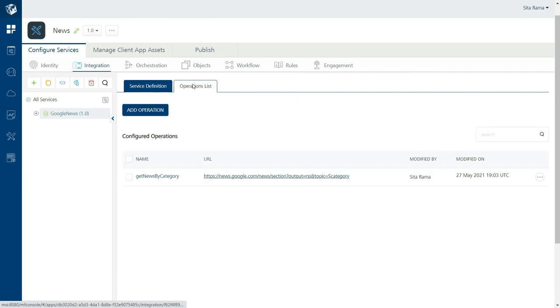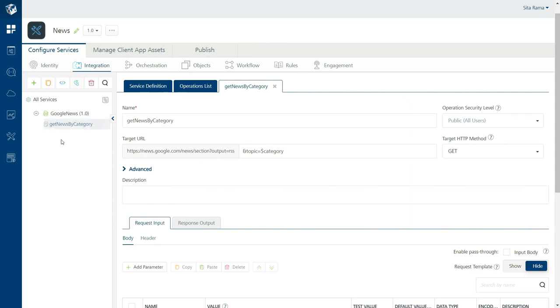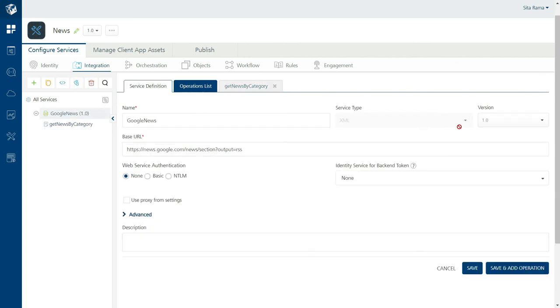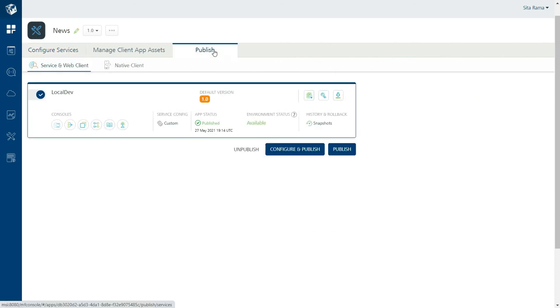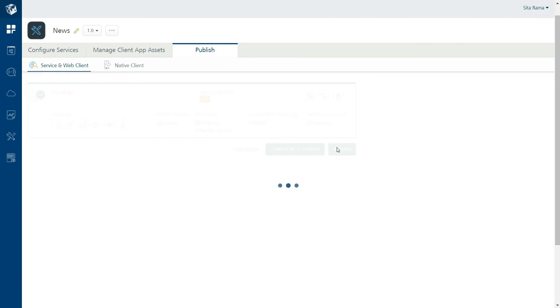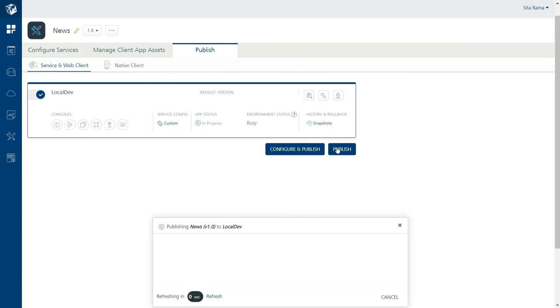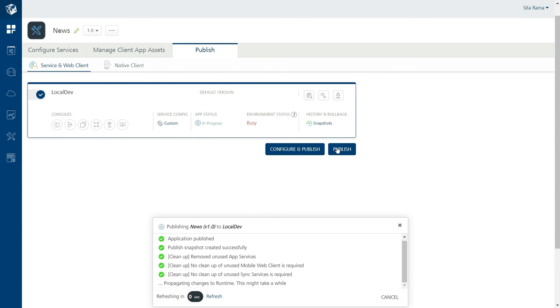now my Fabric app News is using the 1.0 version of the Google News. If we look at the operation list, we'll only see the first operation that we defined as part of this 1.0 version. After selecting the 1.0 version of the Google News Integration Service as part of my Fabric app, if I go to the Publish tab and publish this Fabric app, the app is getting published to the runtime environment.